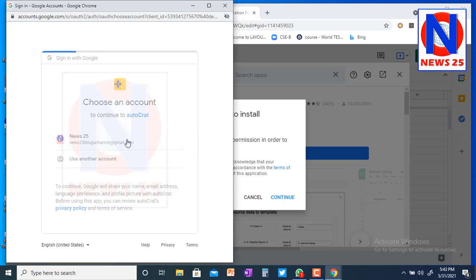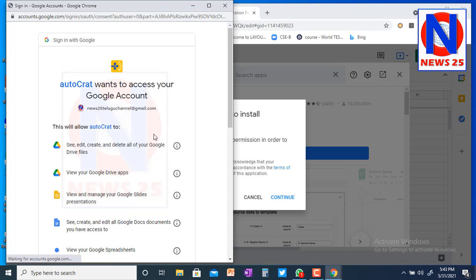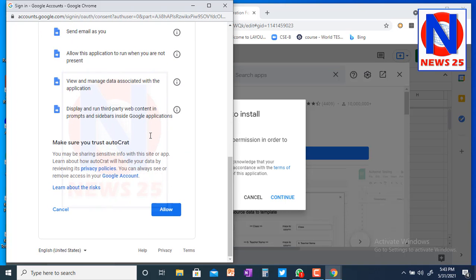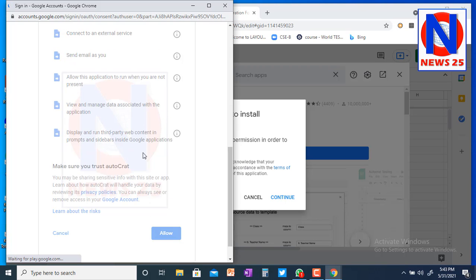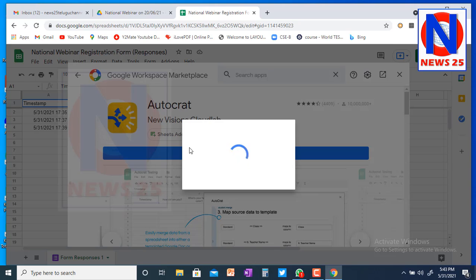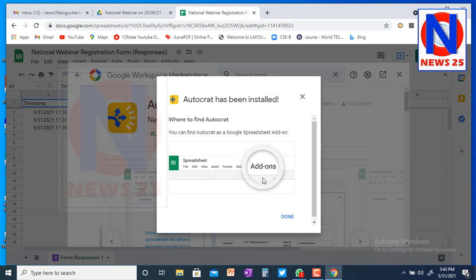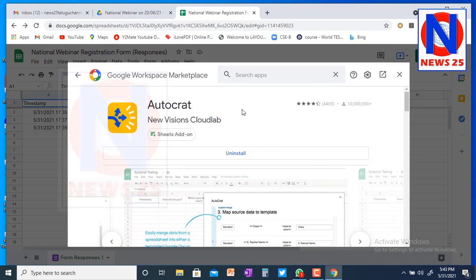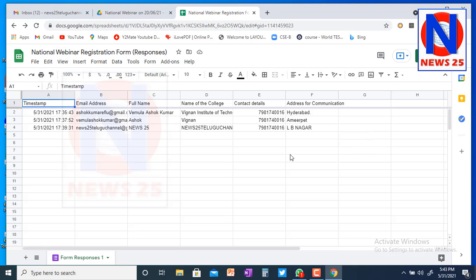Just click on it and then click on allow, and automatically it will install. So done, you can say done. Now it is installed. You can close this window.